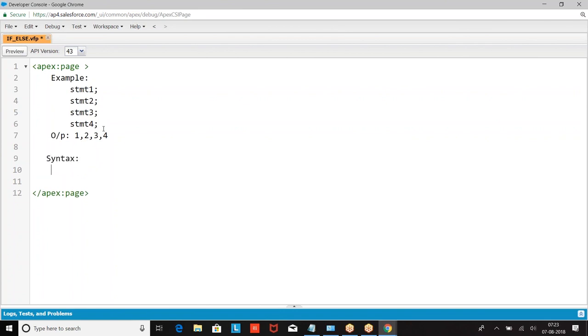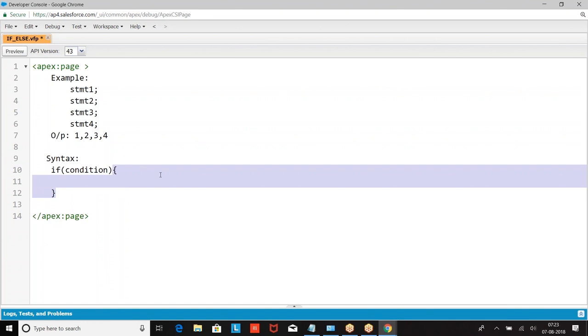It's just like this syntax. Statement 1, then if condition. Now what is this flower bracket called? The scope of if. The scope of if is going to run only when the condition is true.